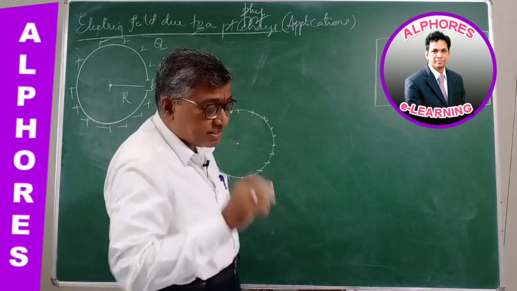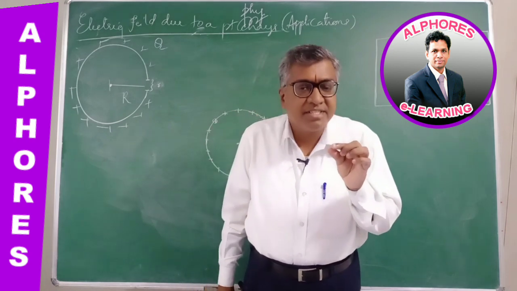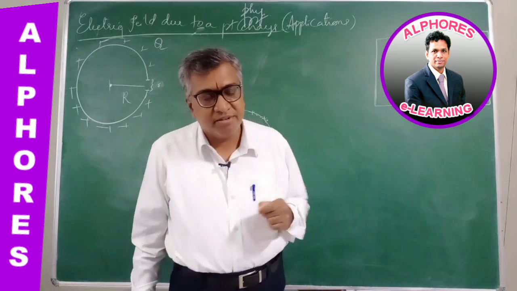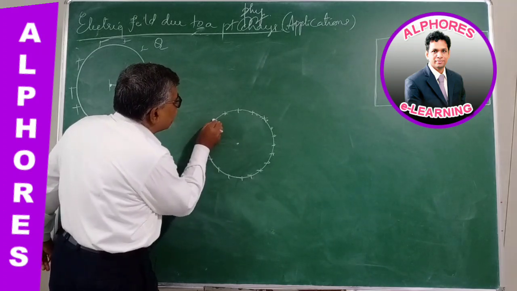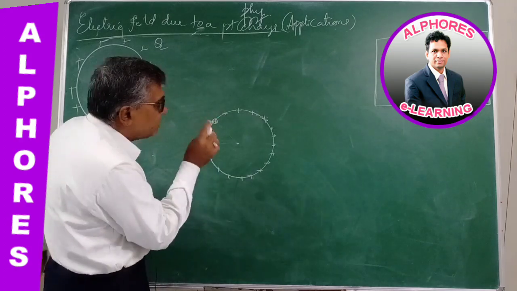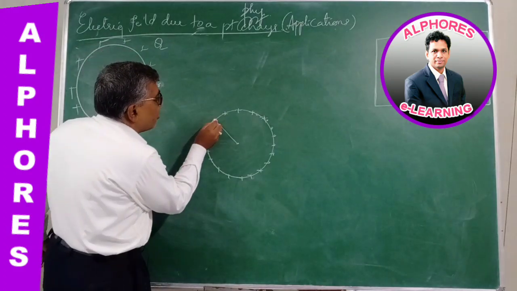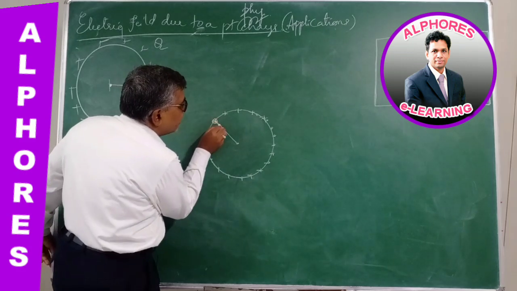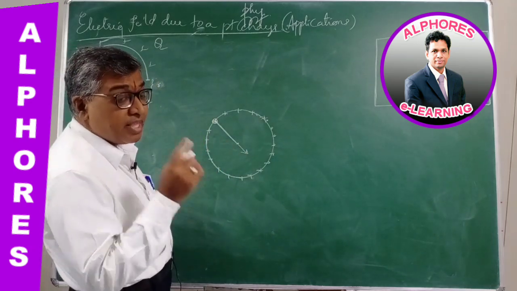I was telling you the definition of a point charge: the size of the charged particle is negligible when compared to the distance of the point of consideration. Now I want to find the electric field due to this part of the charge at the center. I am taking a small tiny part whose size is very small when compared to the radius. So if I consider this as a point charge, then since it is positive, the electric field due to this at the center would be in this direction, with some magnitude.